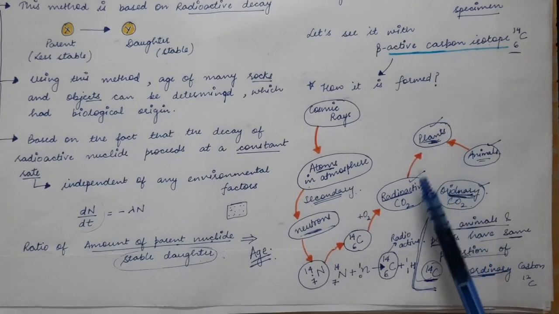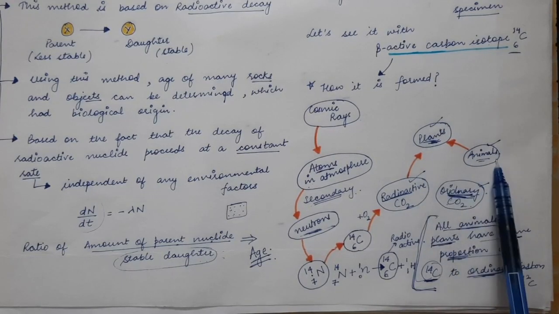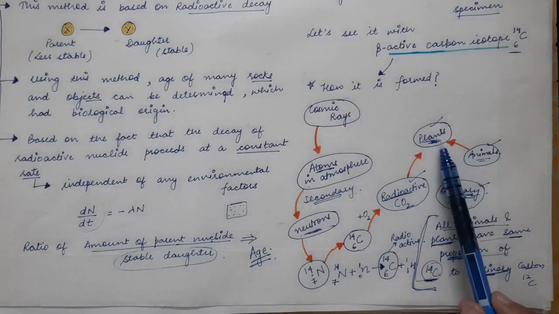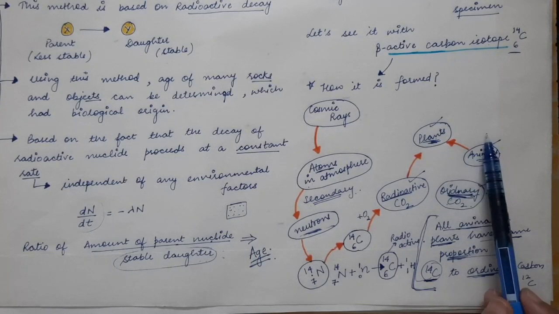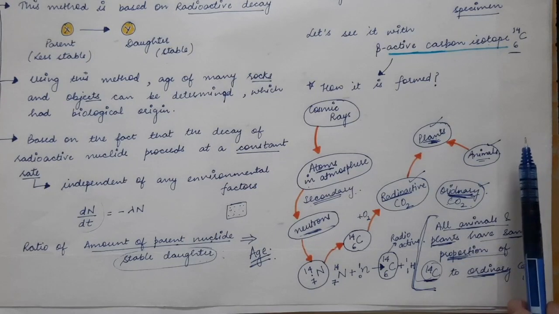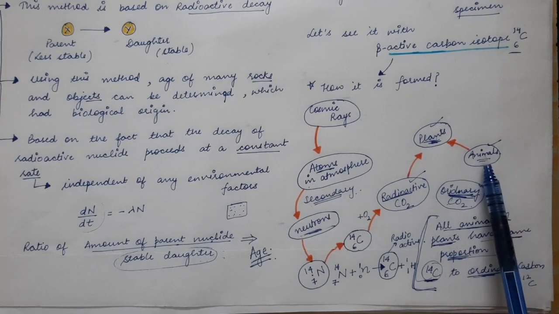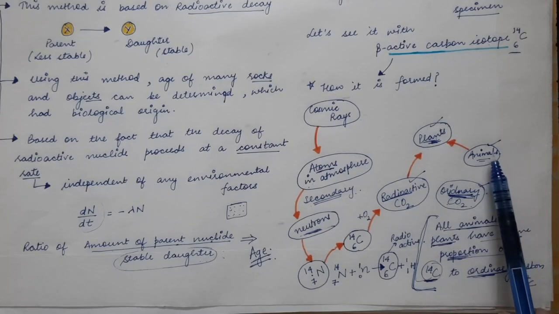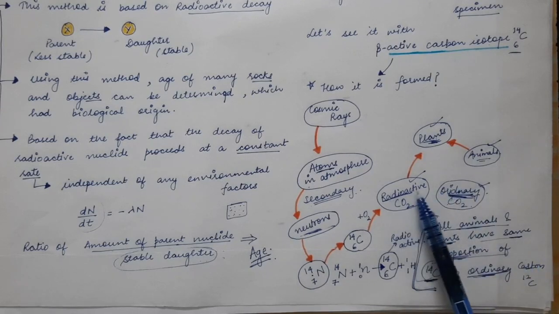The plants breathe in the radioactive carbon dioxide, and hence radioactive carbon gets transferred into the plants. Now the animals consume the plants, and in this manner the radioactive carbon gets transferred into the bodies of animals. So other carnivorous animals which consume other animals, the radioactive carbon gets transferred into their bodies as well. So in this manner, all the plants and the animals which are present on earth have radioactive carbon present